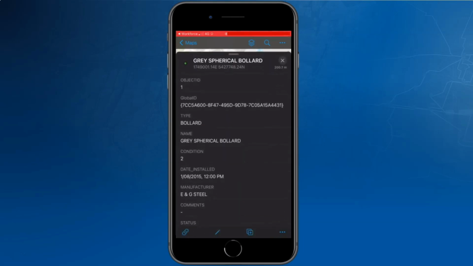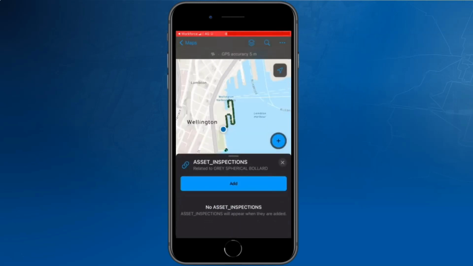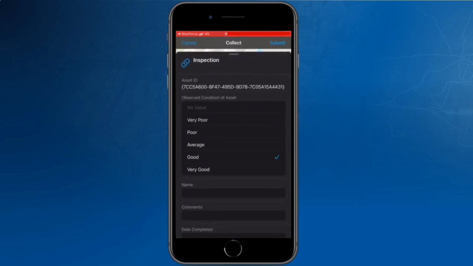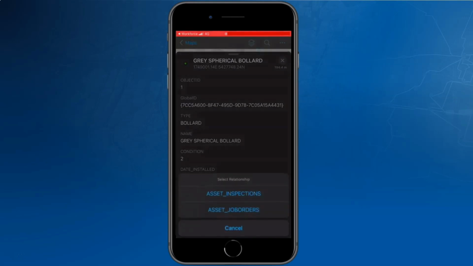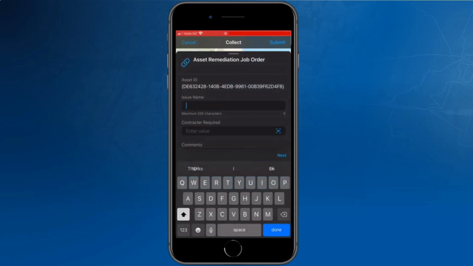There are enhancements that have been made to this, including the smart form that it opens. This is made easier for entering data using the new choice form elements. This provides mobile workers with a list of values that they can choose from when filling out a form, such as the condition. The asset that I've been performing a condition assessment on is in a pretty bad way, and rather than completing a condition assessment, I'm going to jump the process and add a new job request on the spot using these improved related record capabilities.